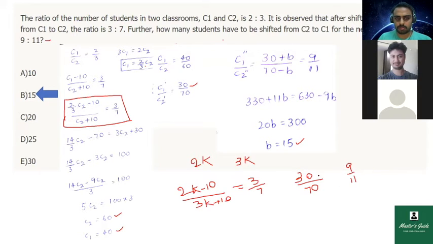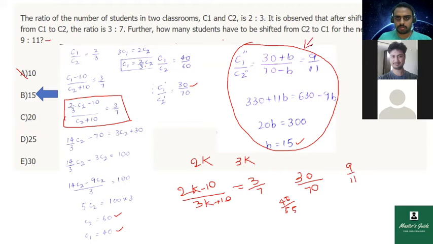Then I add 15 and subtract 15 from this, which is 45 by 55, which is 9 by 11, and hence it is solved. So you shouldn't actually look at solving the second bit, just try out options and get it done. It shouldn't take you more time. The last bit which she did, which is more conceptual in nature, can be eliminated just by putting in options.